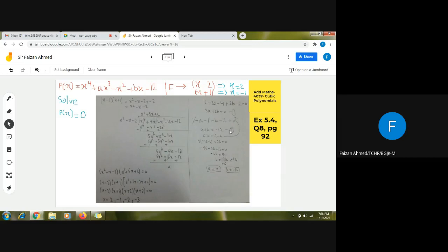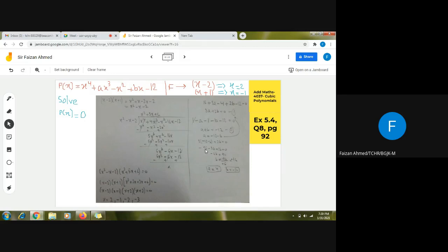This is my second equation, and since now I have two equations, equation number 1 and equation number 2, now I will solve them simultaneously, and I will be using the substitution method since it is an easy method. So I will shift this b on the other side, so a will be equals to minus 12 minus b. This is the value of a, so I will put this value of a in equation number 1. Equation number 1 is 8a plus 2b equals to 0, and 8 in bracket I will use the value of a. The value of a is minus 12 minus b plus 2b equals to 0,